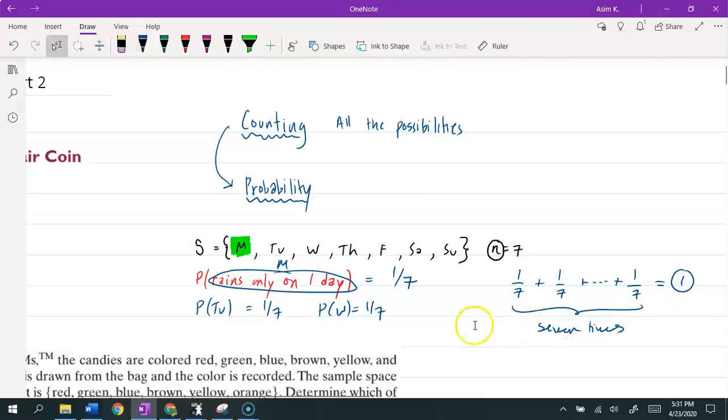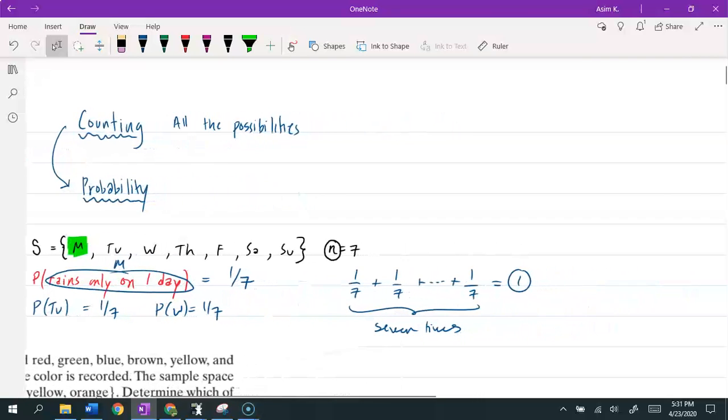So all of a sudden, what was a counting problem can be turned into a probability problem. It all depends on the question that you have been asked, all right? Now, let's suppose that we're talking about a particular candy, and let's suppose that particular candy has pieces that come